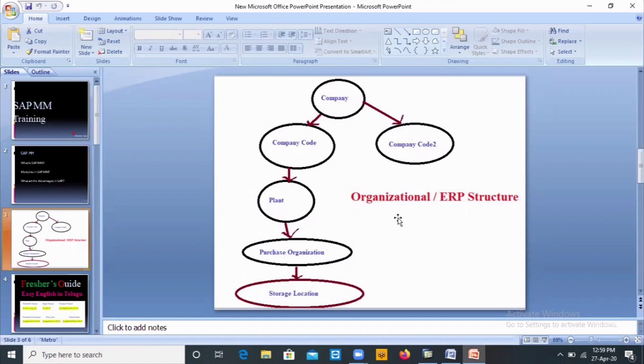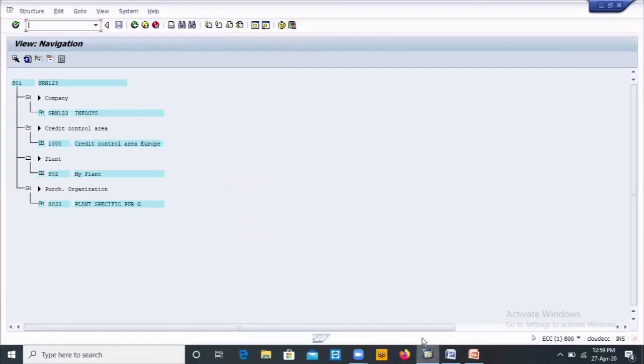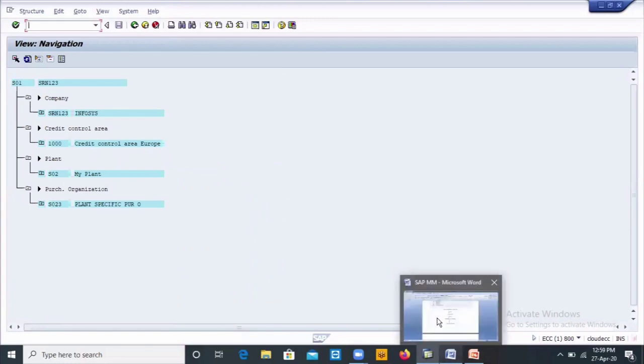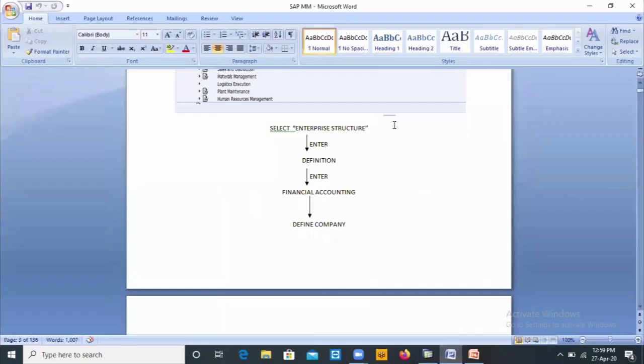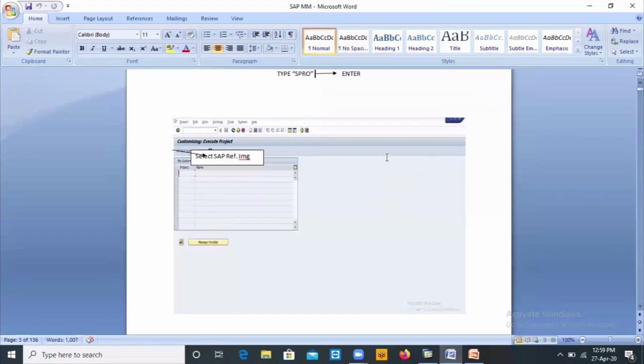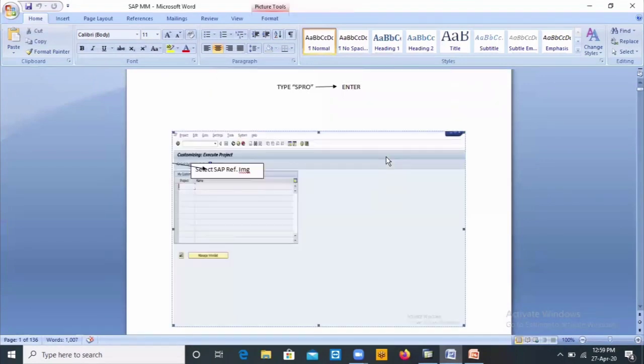You can practice more and more, and you will get it easily. You can do it easily, no need to be afraid of anything. And this path also you can remember, and you can make a document like this. You can prepare the document on your own. I prepared it on my own.